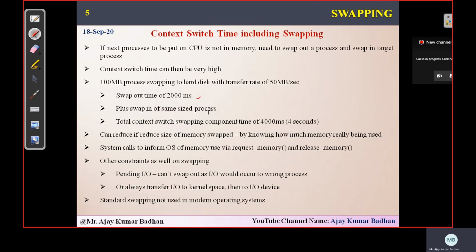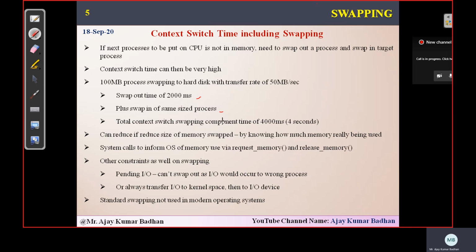So you can see 2000 milliseconds, I have taken as the example. That is what is being represented. Well, there are some constraints here which we need to focus on. So what is the constraint we have here?